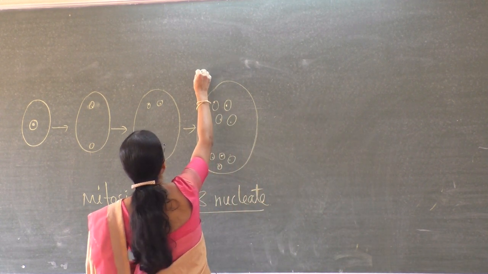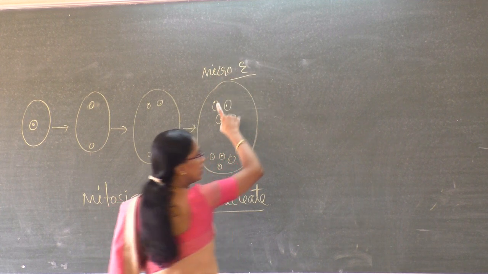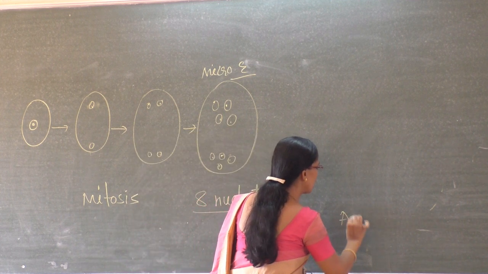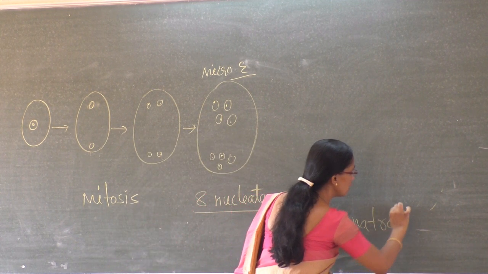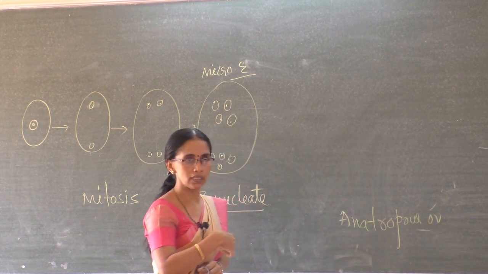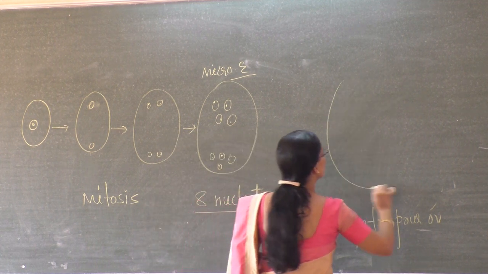Now here the upper end is what? The upper end is the micropylar end. Micropylar end means this is in the case of an orthotropous ovule. Now I will draw this diagram in the case of an anatropous ovule. What is an anatropous ovule? One in which the micropyle is down, inverted. So in this case,